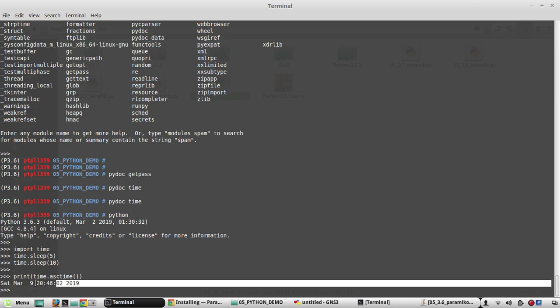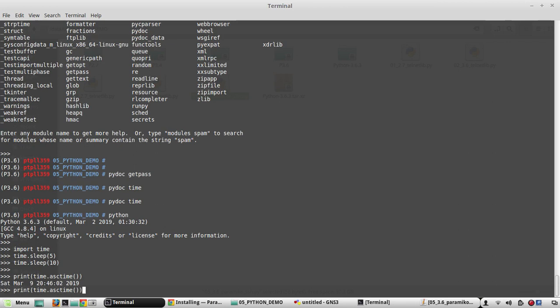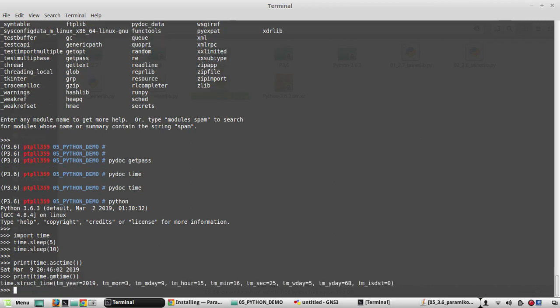It will print the current time, and if you want to see the UTC time, the command is gmtime. It will print it in this format. Okay,